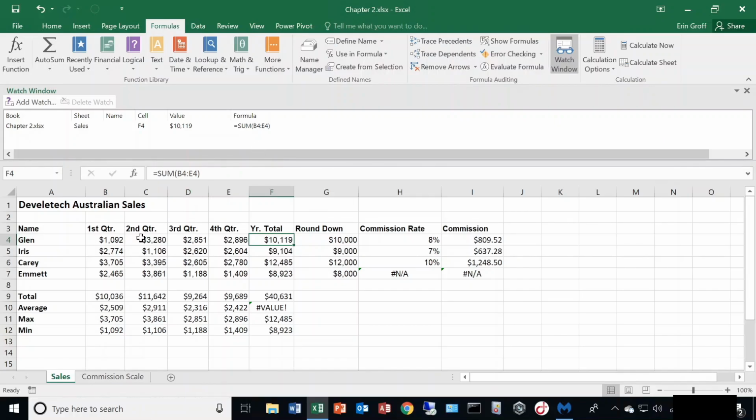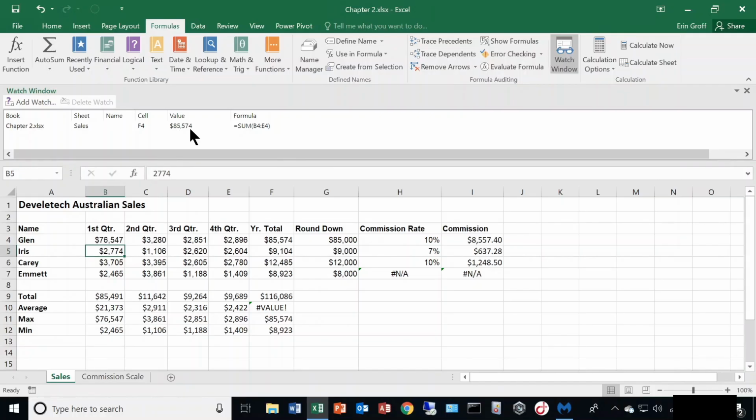Now, obviously, the cells that are feeding into it are on the same worksheet as F4 right now. But if other cells on other worksheets were feeding into it, and I wanted to keep an eye on F4 and see how it changes when any of the other cells are updated. If I made that change in my precedent cells and watching when I press enter here, it's going to show me in live time the update of that. So you can see once I updated cell B4 that's feeding into it,